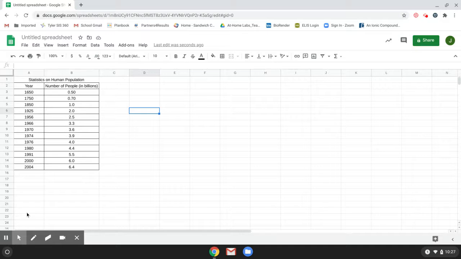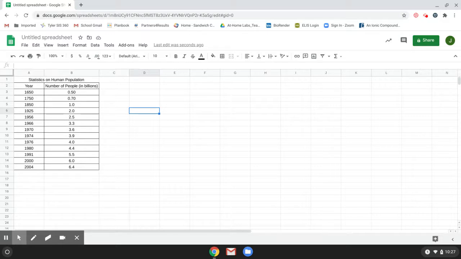Now we're going to continue going, and we're going to make a line graph with this. Now it's a line graph because it's got 2 sets of numerical data, and it's showing a change over time. It's showing a change in the population over time. Okay, now the program should do it for you,